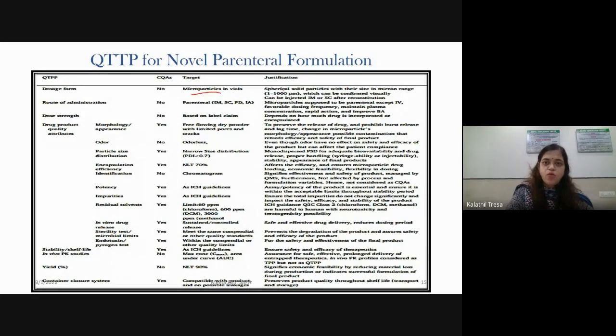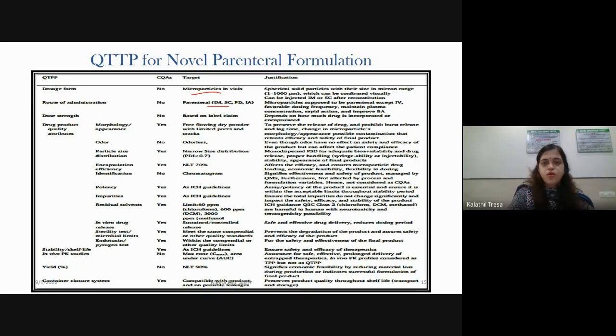Might be a hydrophobic drug, so you reduce the size, which can be injected intramuscularly or subcutaneously after reconstitution. Dosage is parenteral, so you can see the justification. I just want to differentiate between the QTPP for a novel formulation and a generic, and see the justification there.